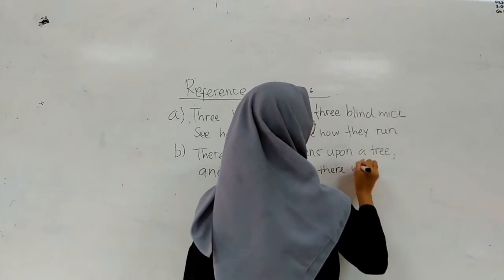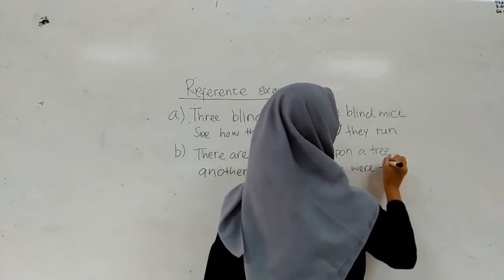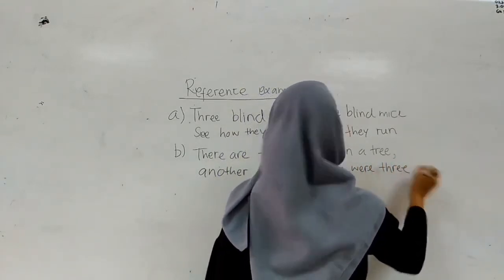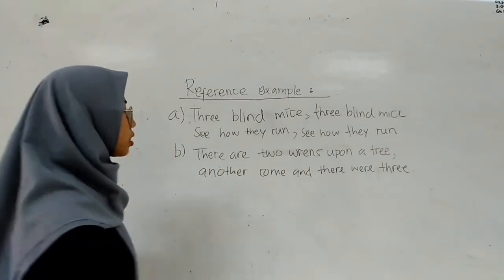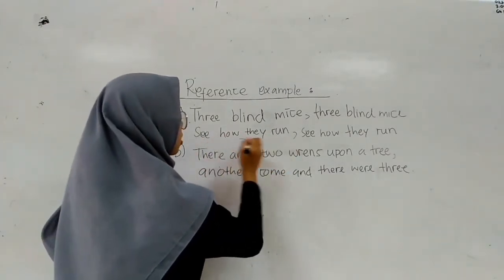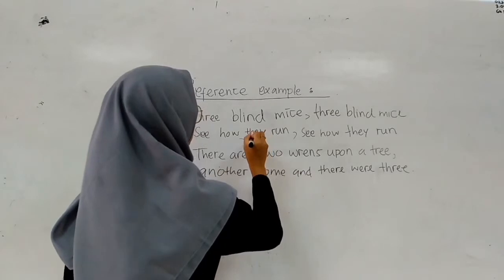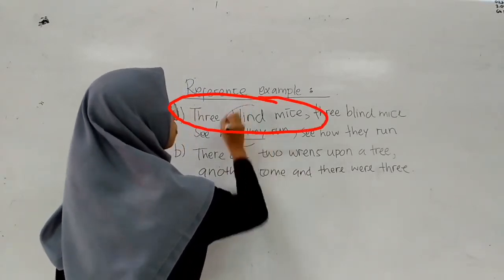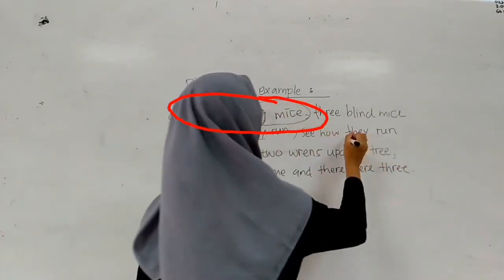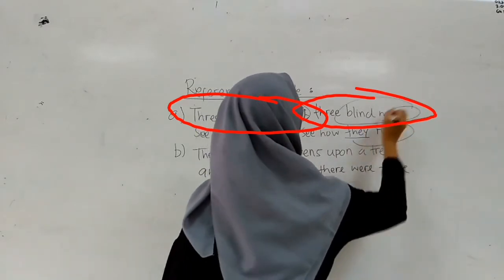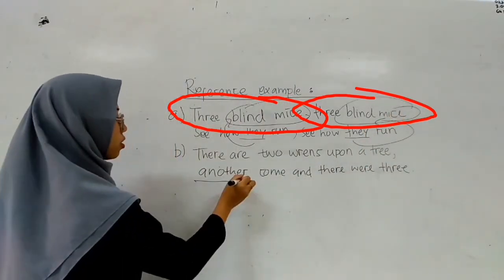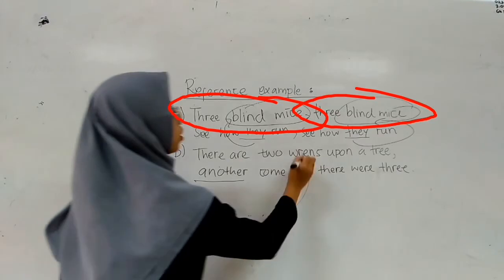There were three. So the analysis is: they refers to blind mice, and also this, and another refers to